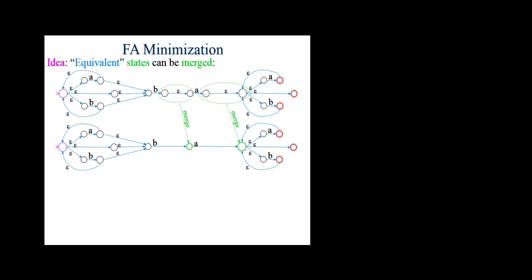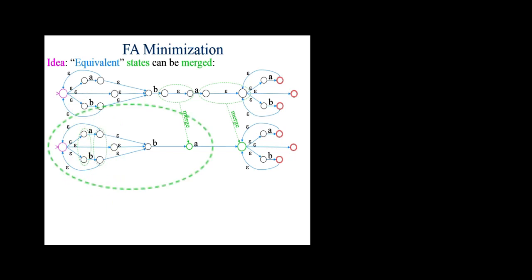It's equivalent. It's like removing unnecessary fluff from your program, lines that don't do anything, or you can combine multiple lines to do the same thing with a single line. And usually that's good. Of course, you can also take it to an extreme and make it really obfuscated. So there's a whole area of code obfuscation. How many have heard of this area? It's designed to make the code as unreadable as possible. It's kind of an amazing area, but you don't want to make it too obfuscated. On the other hand, you don't want to have machines that are unnecessarily large, just like programs. But we're not done yet.